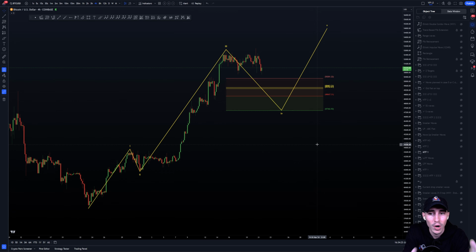To understand the probabilities here, we just have to look at what was the wave 2 before. Smaller the wave 2 is, normally bigger the wave 4 is going to be next. Bigger the wave 2 is, smaller the wave 4 is going to be next. It's still possible that we do a small wave 2 and a small wave 4. It's all about probabilities. So normally here, as we have done a very small wave 2,